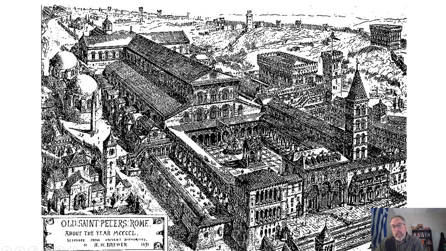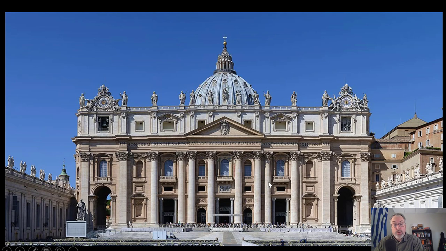We have a decent idea of what it looked like, its shape and its scope. It does not survive today. It started to fall down in the 1500s, and the Pope from that era decides it's not worth patching this thing up again, and we're going to build a new church, a more massive and more ornate and glorious church. It's another one of these results of the Renaissance of that era. So this church you see here is ultimately knocked down, and the church that you see in Vatican Square today, with Michelangelo who designed this massive dome over it, covers the ruins and the remains of Constantine's church, and then below that is this first century cemetery, which Catholics believe holds the bones of Peter.